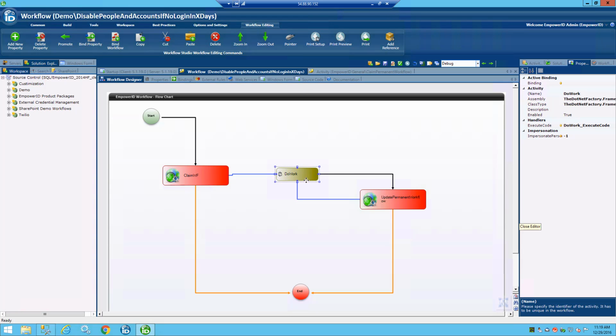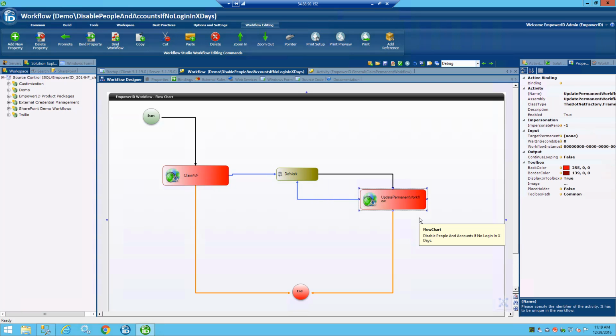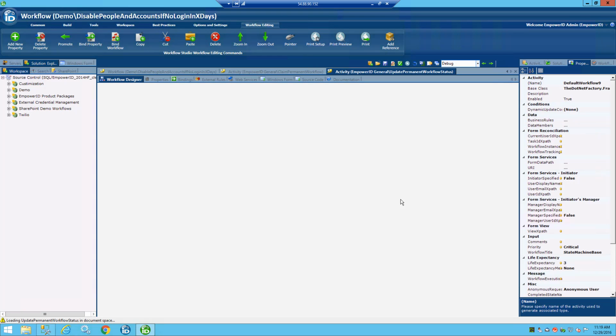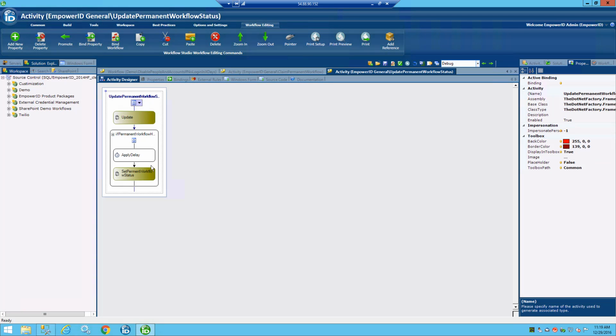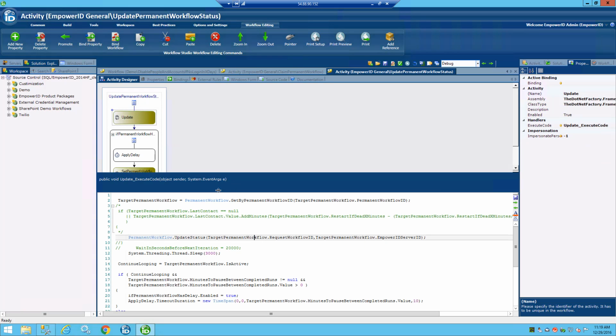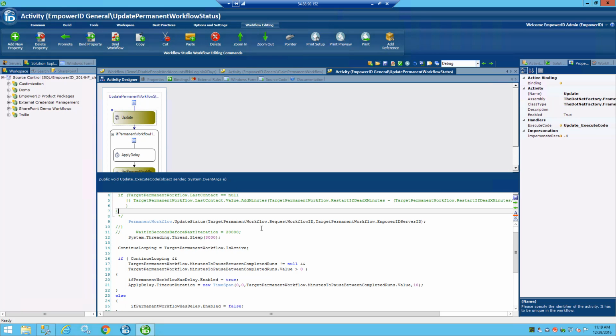After it executes the logic, it goes to this activity called update permanent workflow activity. To see the logic behind this, I'll right click on it and say open edit original activity, and you see it's an activity which has a delay activity and two code shapes that do something. So let's see what it does. First, the update code shape basically updates the last runtime for the workflow,